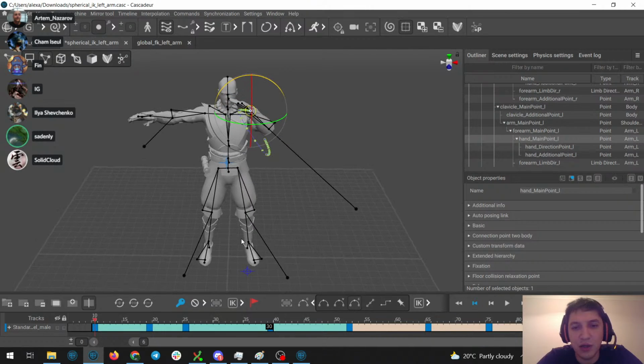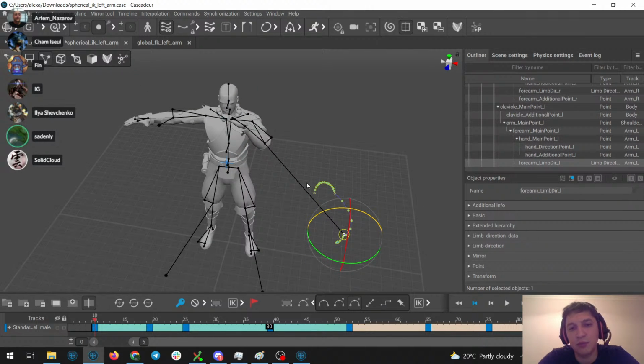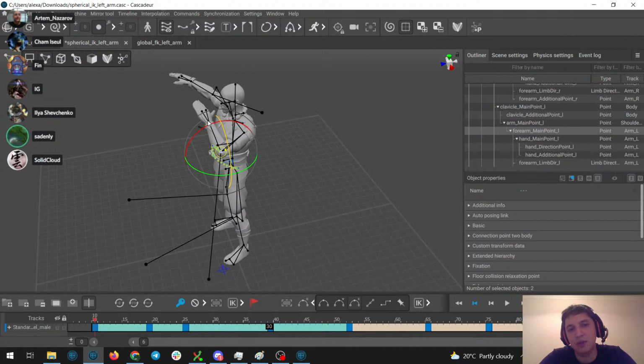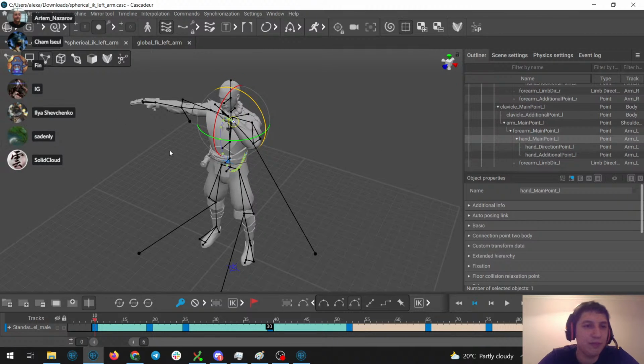You also have this pole vector. It's still here, it interpolates, it controls the positions of these 2 points. So it's basically close to IK, but it is a spherical IK that makes this hand go in arcs.